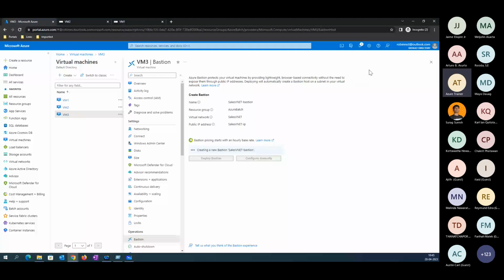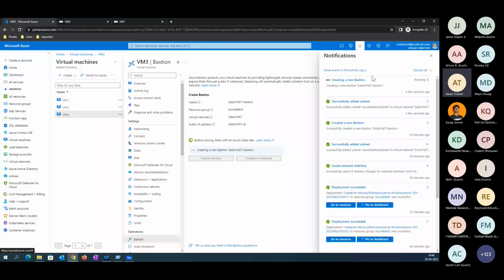Right now you may be able to see it's been approved. Let's go and check it in the portal now. Right now you may be able to see this is actually creating a bastion network. It's attaching to the existing VNet. Now let's see how this is attaching here.